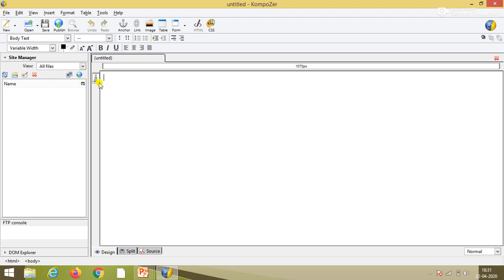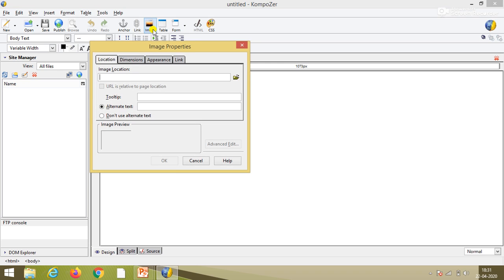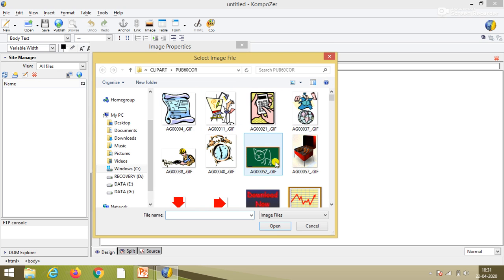To insert the image, click on this image button. After that the image properties will open, and from the image location there is a browse file option. Click on that, and select any one image from your files.